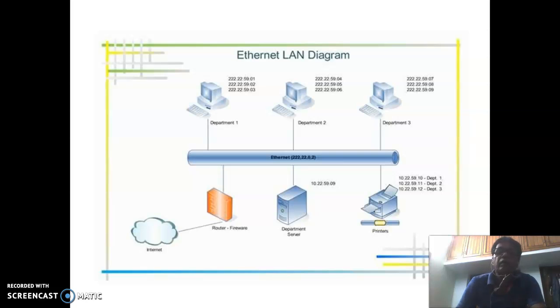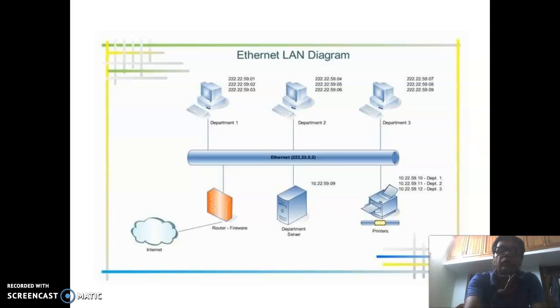Actually, there is a difference between the Ethernet and the Internet. Ethernet is nothing but the line that is connected to the different users just to get the internet. And this is your internet.